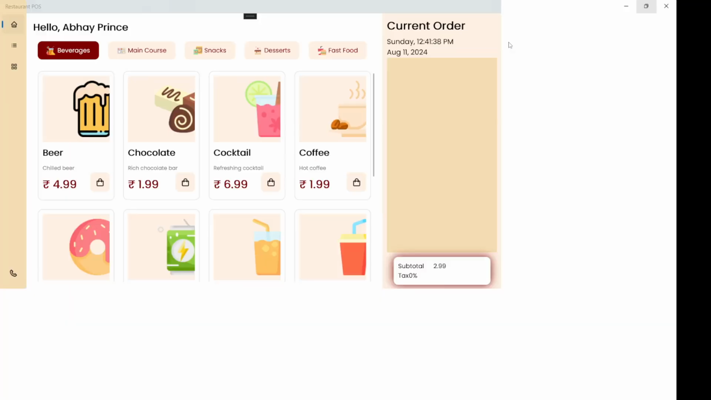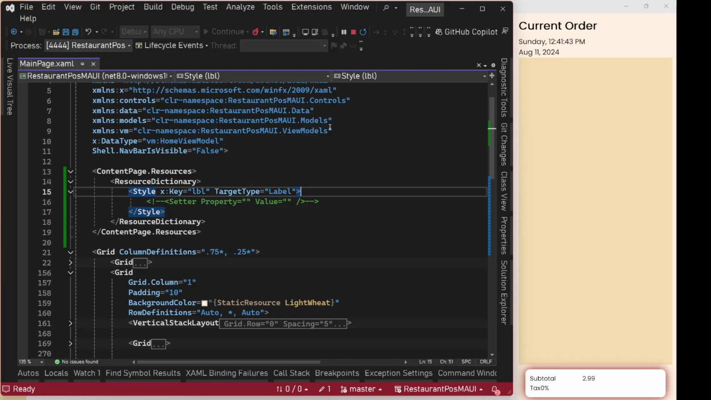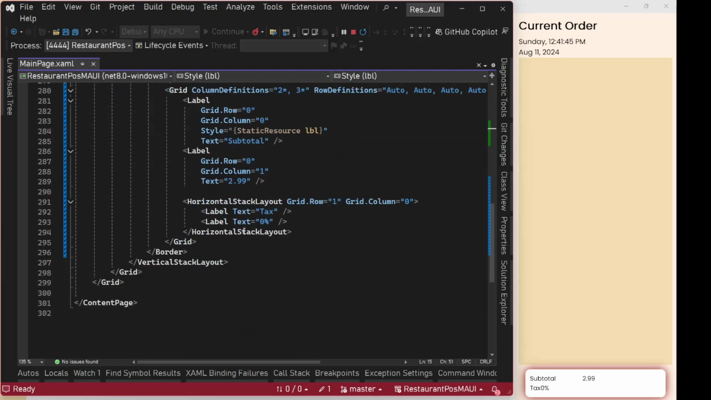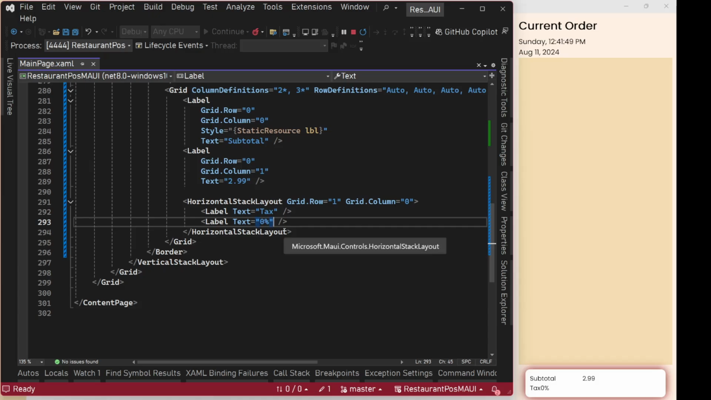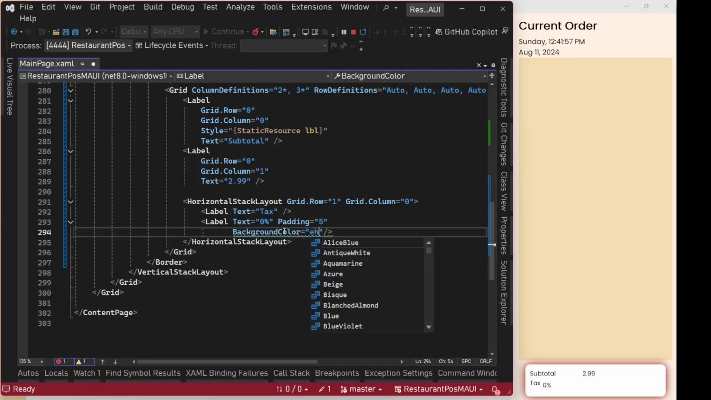Okay, we have this now. All right, now for this 0%, we'll have some additional styling on this. First thing, we need a padding of, let's say, 5. Background color wheat. Okay,